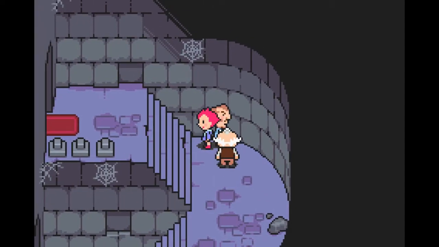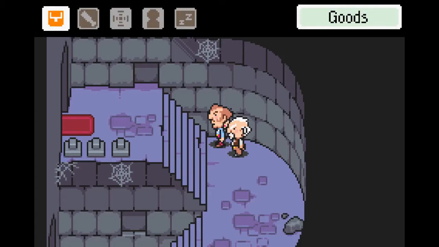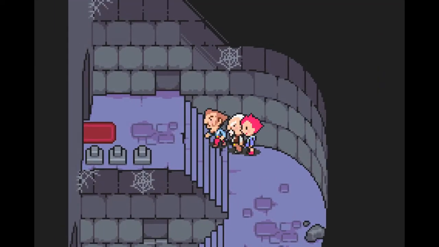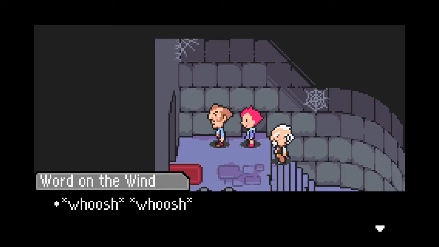Now, let's see, what level does she start out at? Because that's kind of important for us to know. She starts at level 10. Kumatora actually gets different techniques when she gets to certain levels. So if we can get her to level 12, she will actually learn a new PK attack, and it's one that's really going to help us. Benefit us. Anyways,